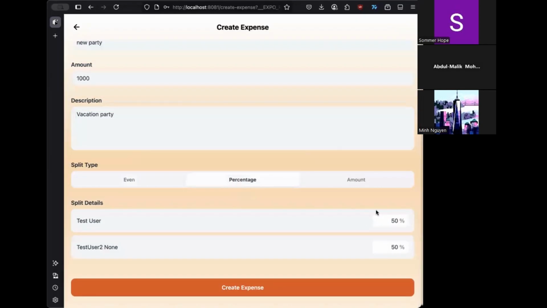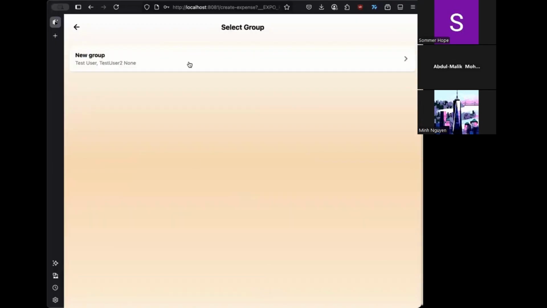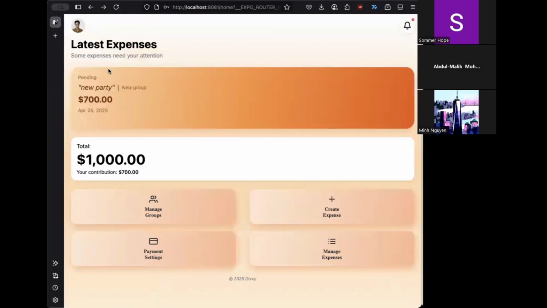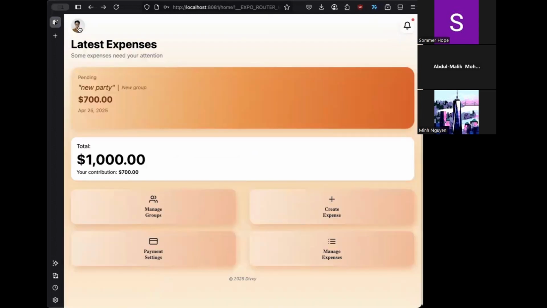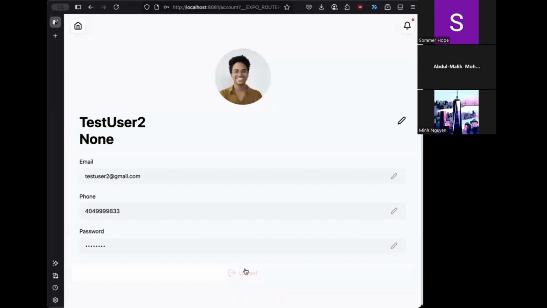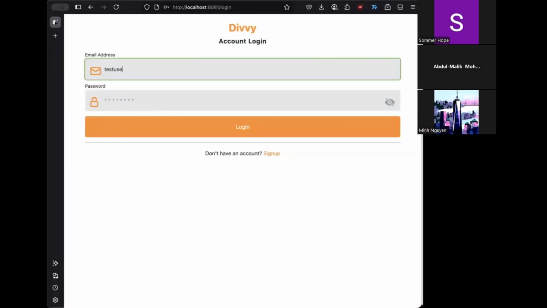Just for the sake of it, we'll also show off being able to split the percentages. And of course, now that expense has shown up. However, since this is the user that created it, this user gets no notification for it. But if we go back, log back out, test user,